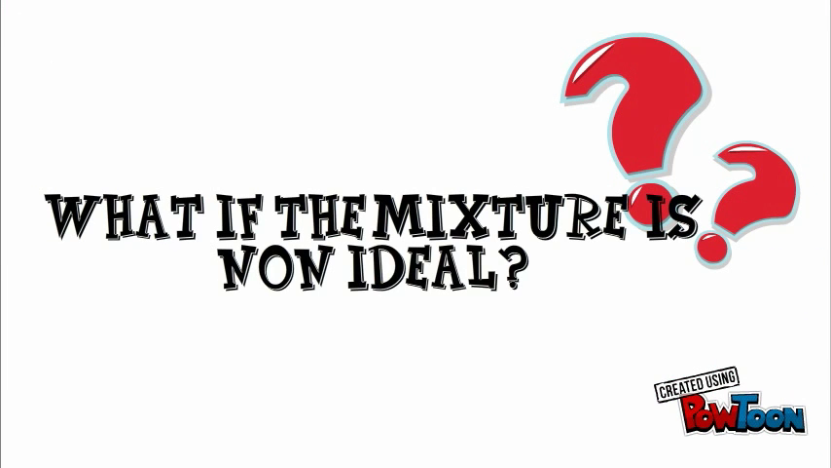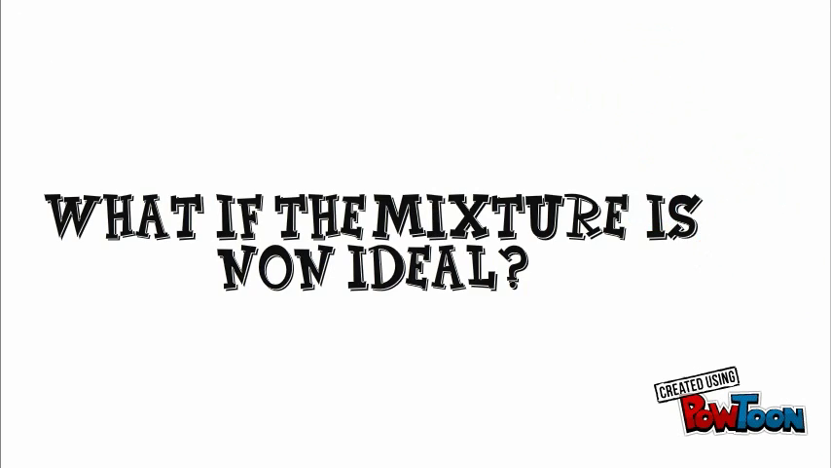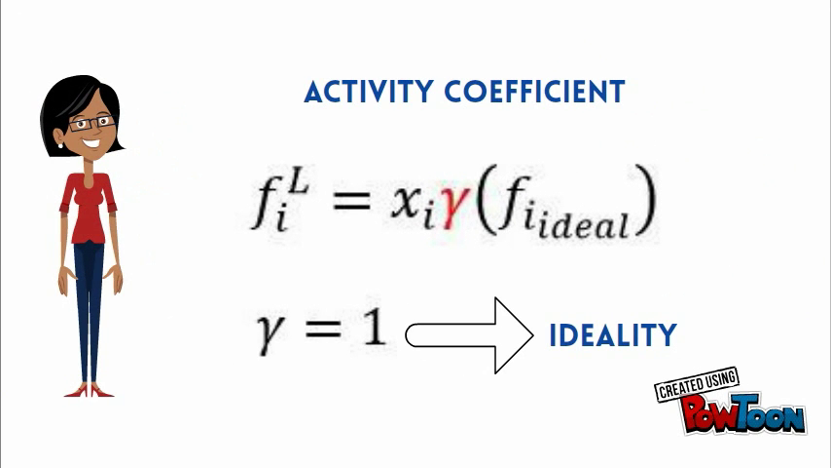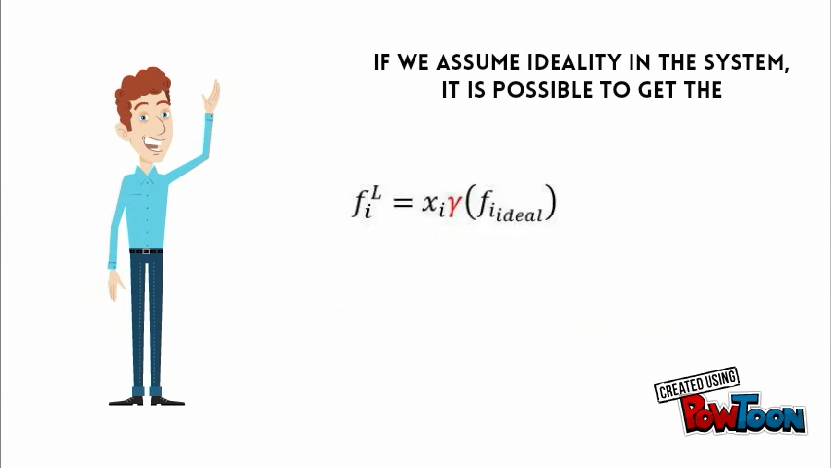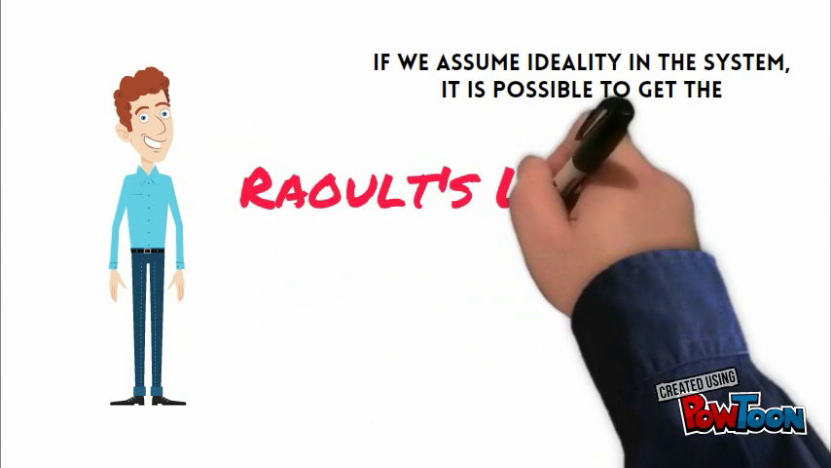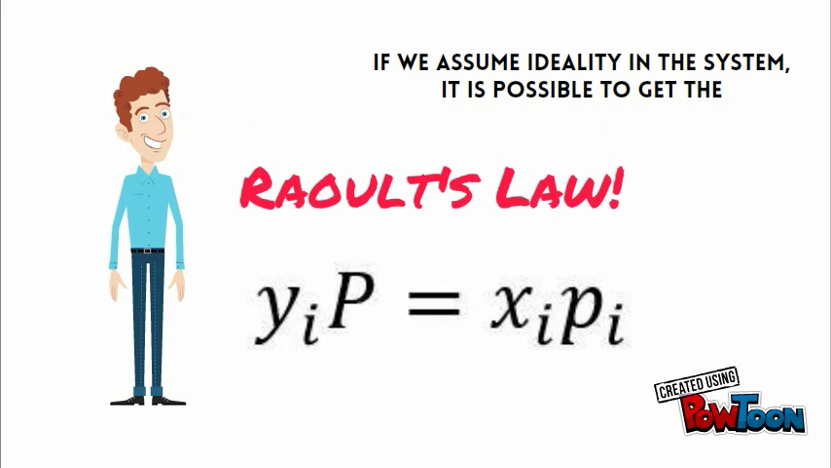What if the mixture is non-ideal? Well, then we have the activity coefficient, which is a term that corrects the deviation of the mixture from ideality. If it's 1, we can assume ideality in the system,